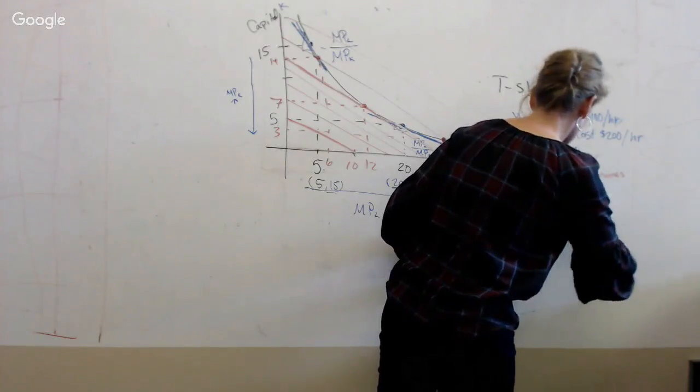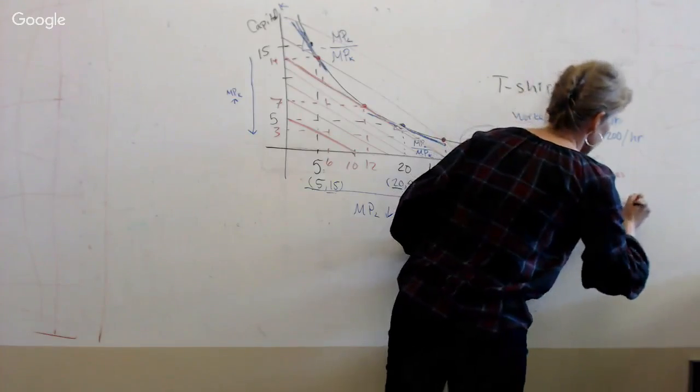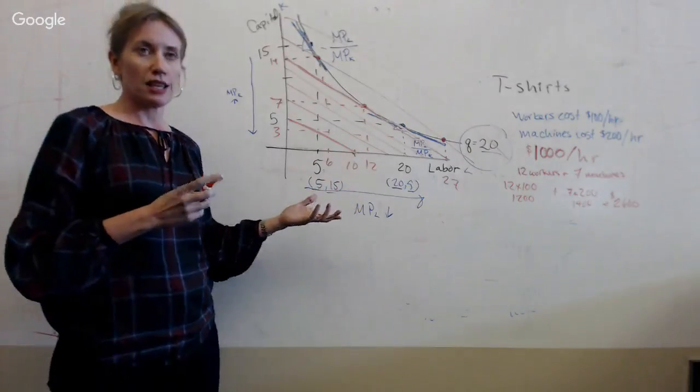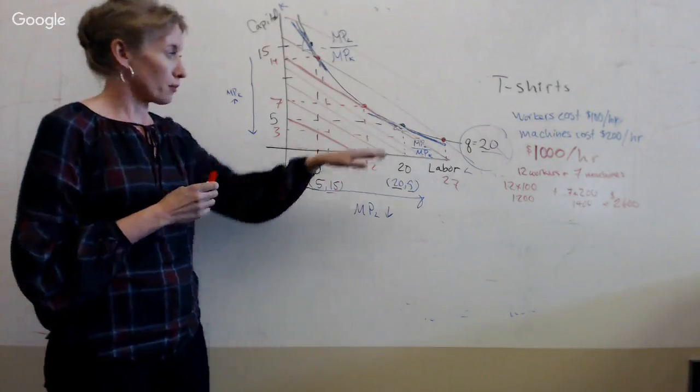So 12, 14, 24, $2,600 per hour. That's the cheapest that our t-shirt firm can produce